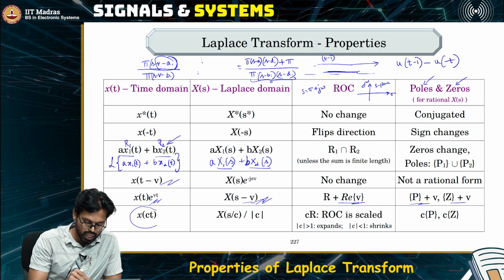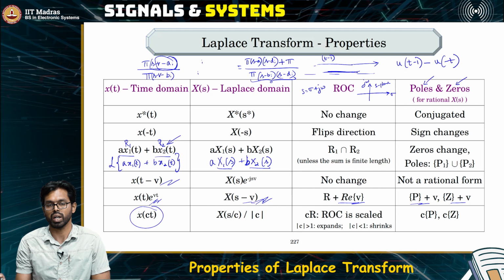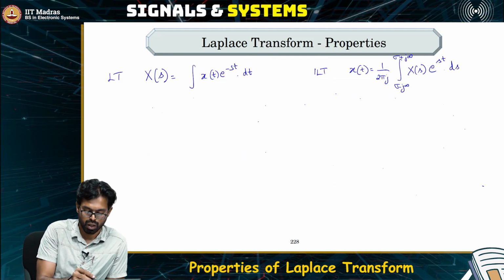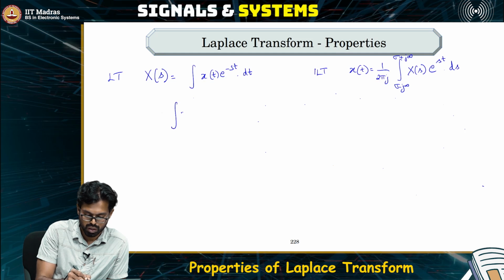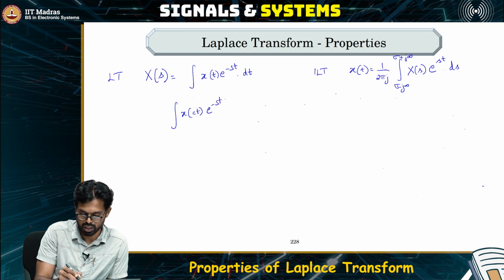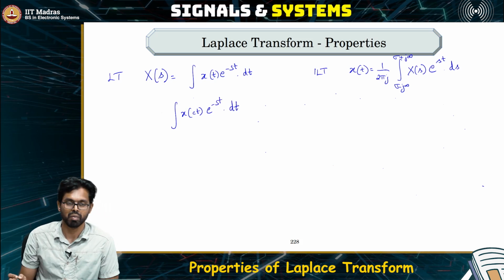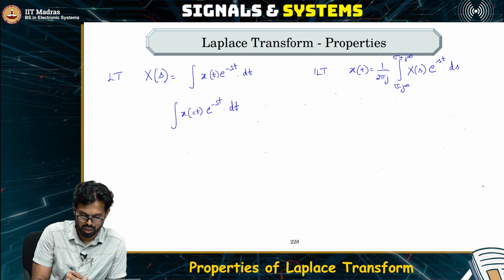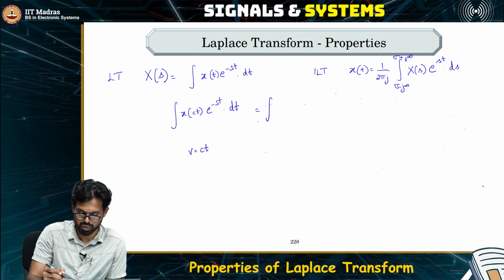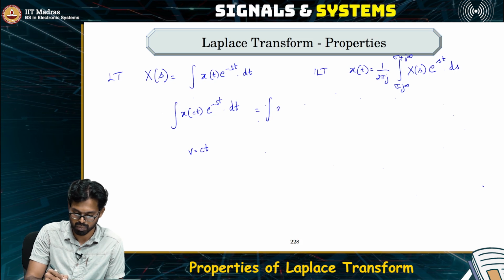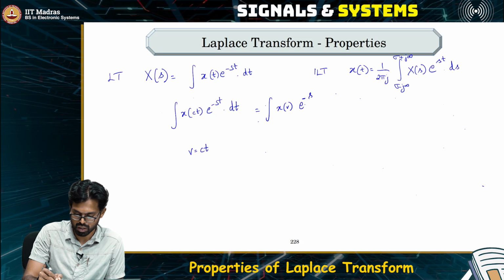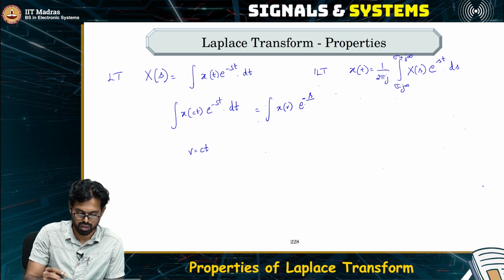Now, what if you scale in the time domain? Let us see what happens when you scale in the time domain. So, we compute the Laplace transform of x of ct e power minus st dt. We'll do the same thing as always. Let us change the variable of integration. We change the variable of integration, the limits don't change. x of v e power minus s divided by